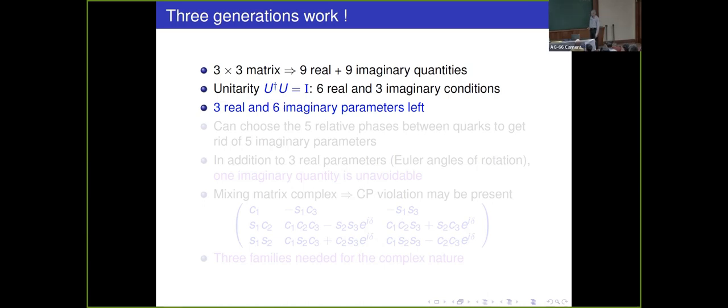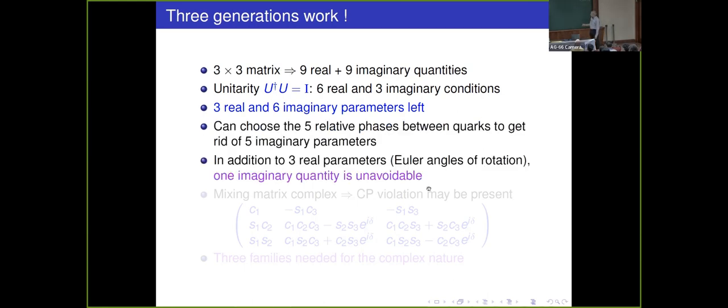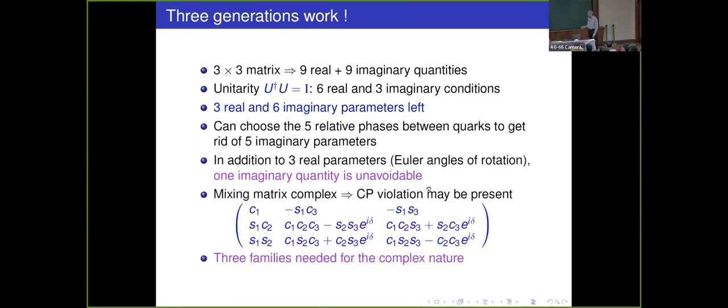Okay. But now, earlier you could have 3 relative phases because you had 4 quarks. Now you have 6 quarks, so you have 5 relative phases. You remove those 5 phases, but you are still left with 1 imaginary quantity. Which is to say that if you are going to have a 3 by 3 unitary matrix, even if you choose your quark phases in a very clever way, you will not be able to get rid of